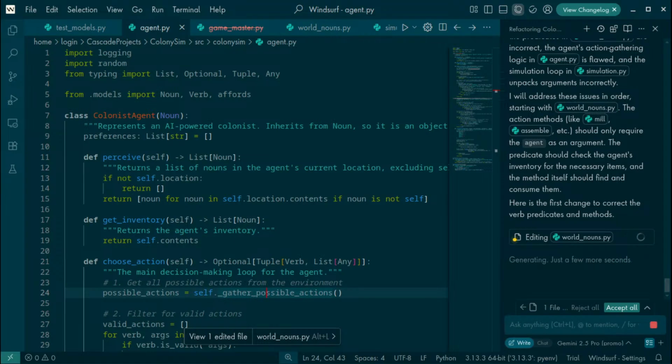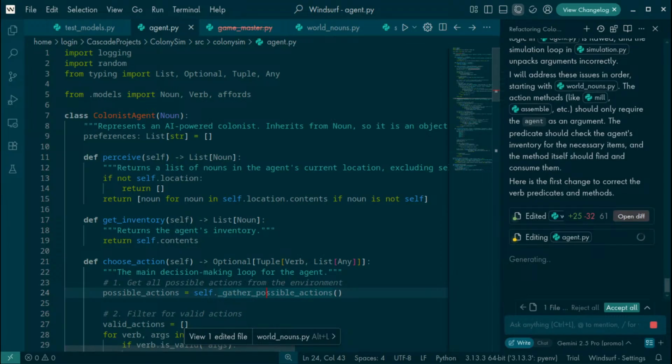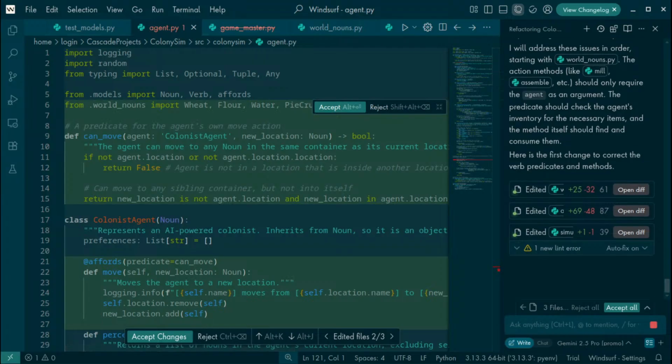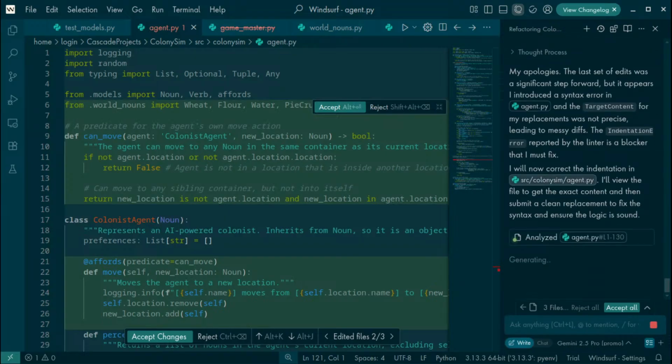Yeah, okay. So the way he was doing it was that the mill method needed to... You needed to pass in the flour that you wanted to mill, and he's changing it so that now the agent goes to the mill, asks to mill flour, and the mill looks in his inventory and checks if he has wheat to mill. Honestly, I would actually prefer it if it was more like the colonist puts the wheat in the mill instead of the mill looking in his pockets, but... And then he's also just writing plain old-fashioned bugs as well.